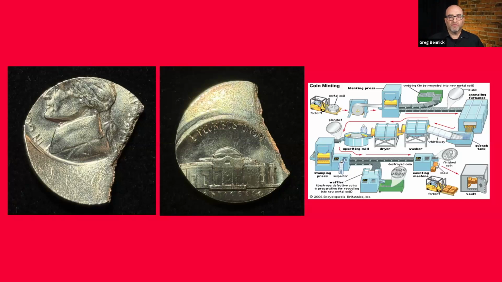The rest of the planchet strip, the metal coil, is going to make lots of blanks, but that leading edge is basically a straight edge all the way across. So what happens when that straight edge starts getting fed through and the gang punch comes down and starts punching out blanks? Well, in the case of this coin, it punched out a blank that was essentially cut out from the end of the planchet strip. So we call this a clip planchet, but a particular kind, an end of strip clip or a straight clip. Even though nothing was essentially clipped away from the coin, it was more the blank was cut from the end